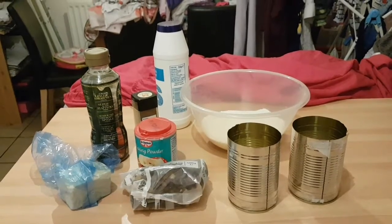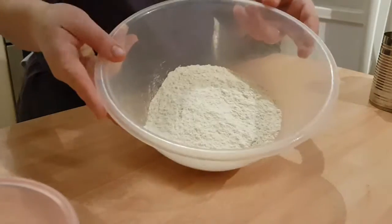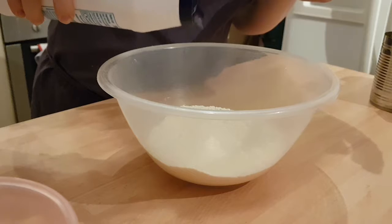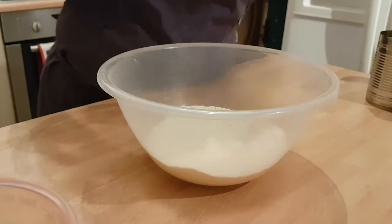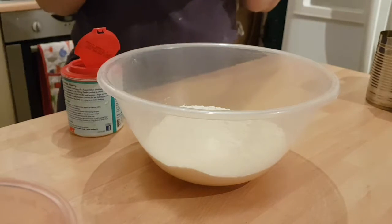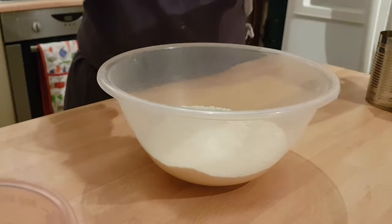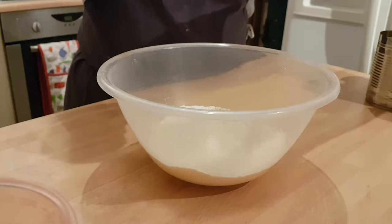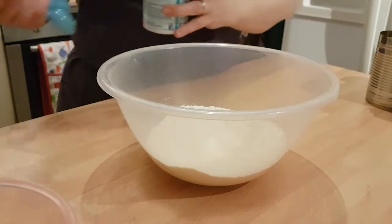Right, let's get started. Right guys, so we want to start with our flour, and we want to take our pinch of salt, just a little pinch, our baking powder, so that was half a teaspoon, me and my magic spoons again. We'll get there in the end, guys. Half a teaspoon of our baking powder,